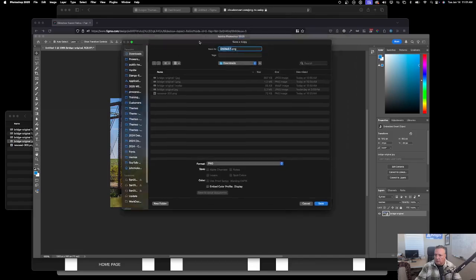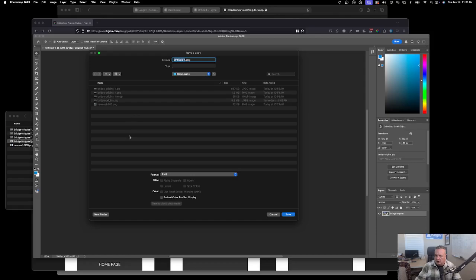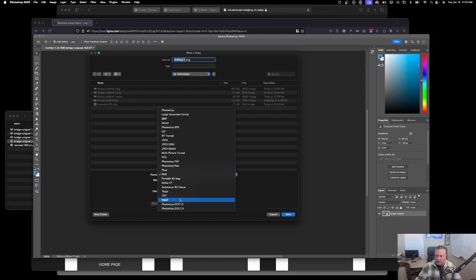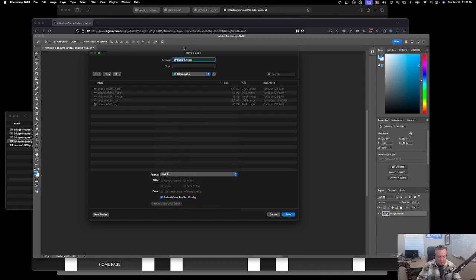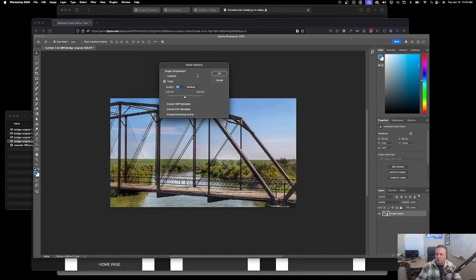And you get the typical PNG here as the default, but down at the bottom, check it out. The newest versions of Photoshop will have WebP. So we're going to just call it sample Photoshop.webp. Okay. We hit save, and then there's an intermediate step that pops up that asks us what kind of